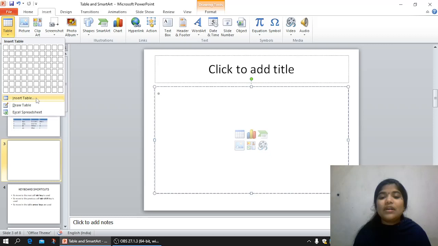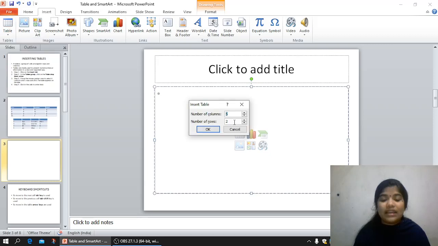The benefit of this option is that you can fix any column number or row number in this area. If you are hovering over the boxes, the size is a little bit limited. So if you need something more, like a 25 by 25 table, then you can place it like this.